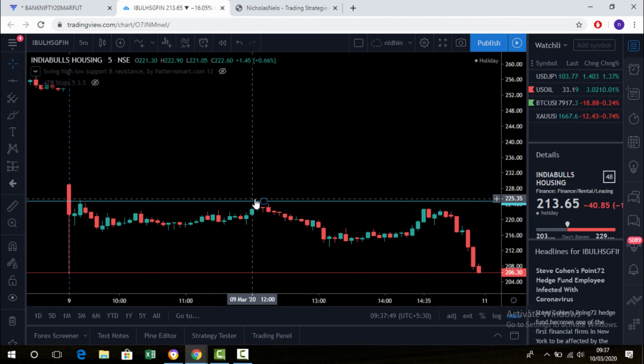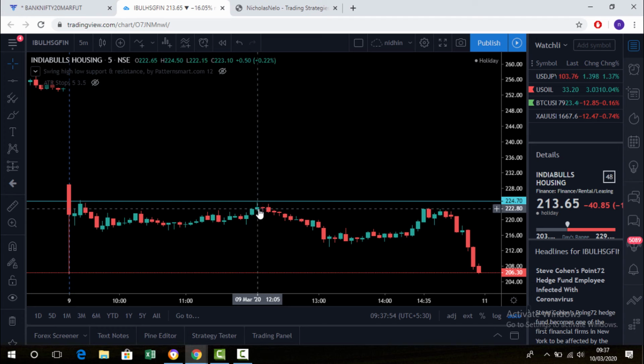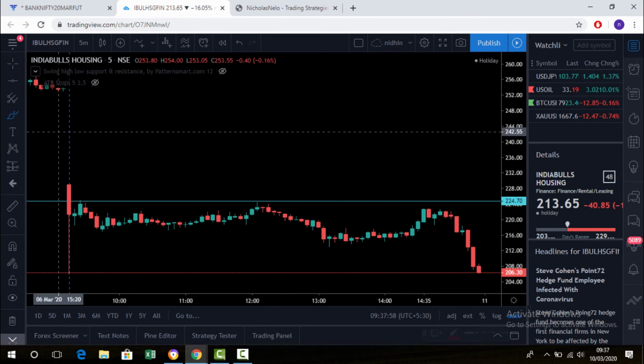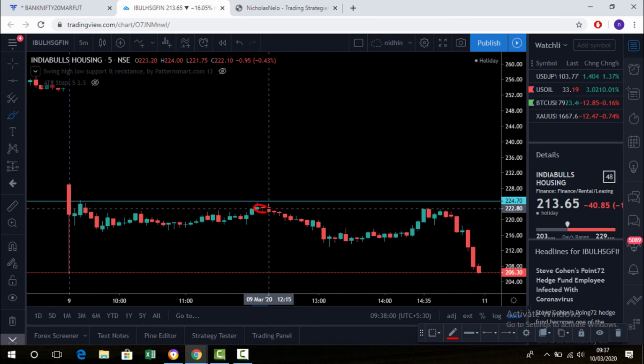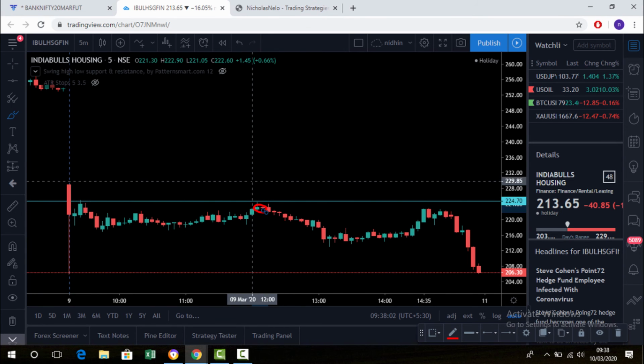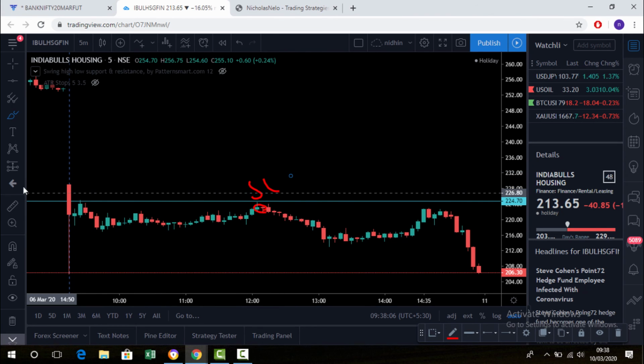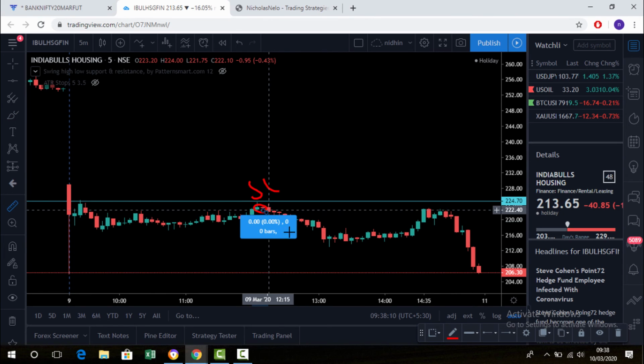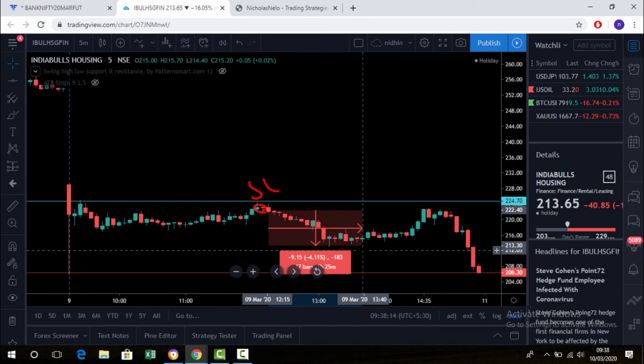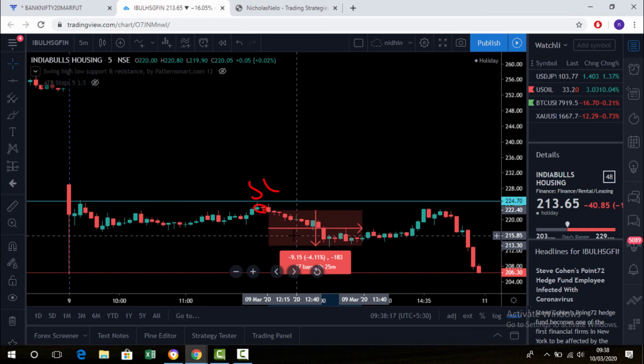So here market touched and next candle is red, that means it's a failure, so you can go for sell here and place stop loss above the line. See, here you can sell, and above this line you can place stop loss. That also comes down. Any stocks you can check it, and I just selected the stock from my scanner. You can select any other stocks.